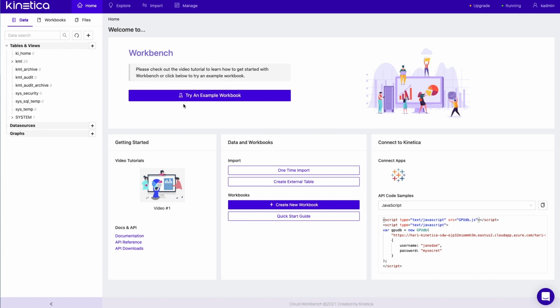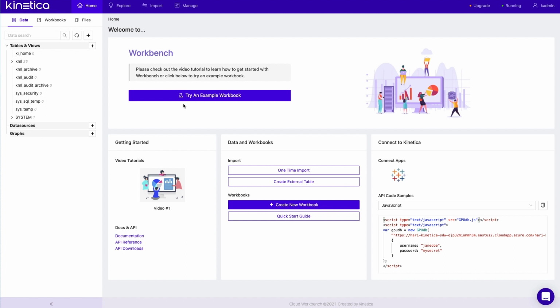Welcome to Kinetica's Workbench. Kinetica is one of the fastest and most performant data warehouses in the world. Its vectorized database engine can execute complex queries in seconds, queries that take other solutions hours or even days to perform. Its powerful SQL engine includes a wide array of functions for geospatial and graph analytics, along with all the other common SQL statements that you're already familiar with.